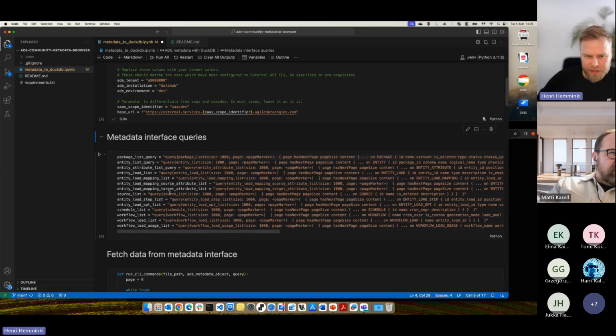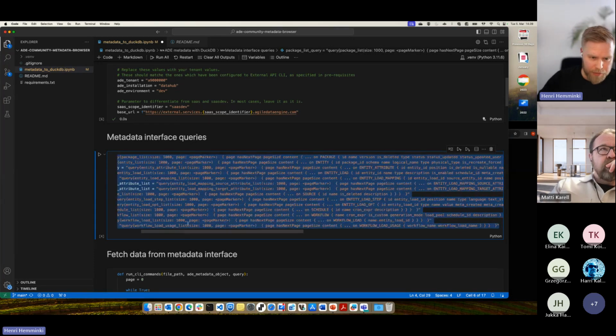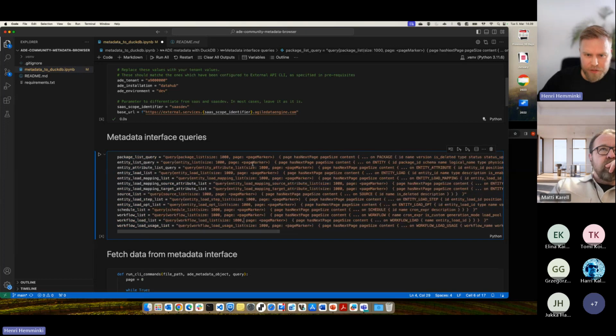The metadata interface eats these kinds of GraphQL queries. This is just a quick and dirty listing of all the different queries to the metadata interface. I have a multitude of queries listed there. I'm not going into details of how GraphQL works, but it's a query language which we can use to fetch different kinds of things from the metadata interface.